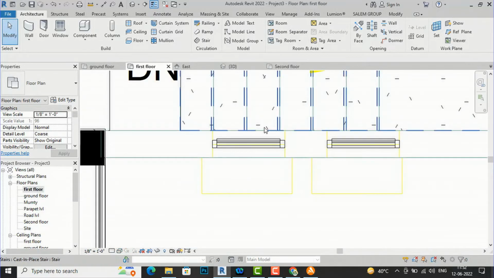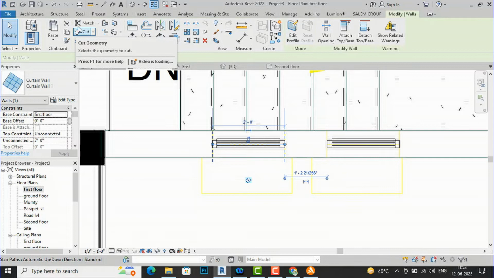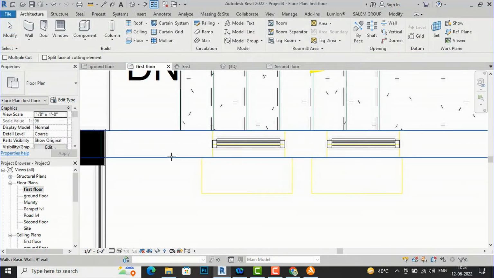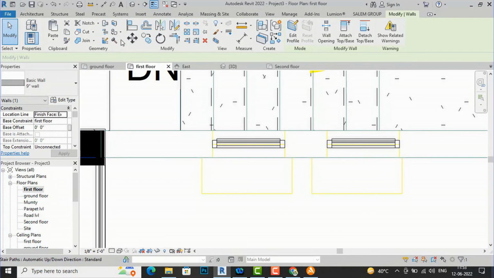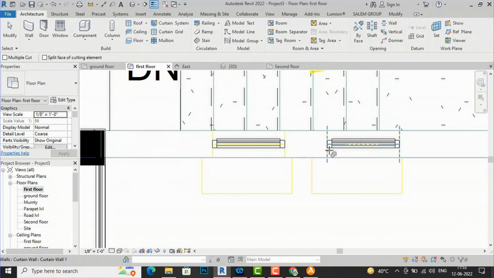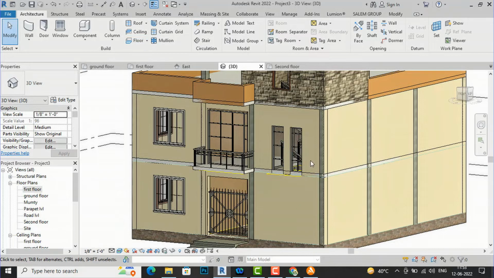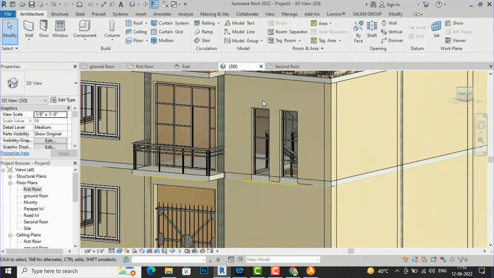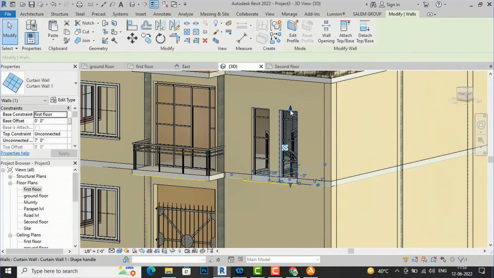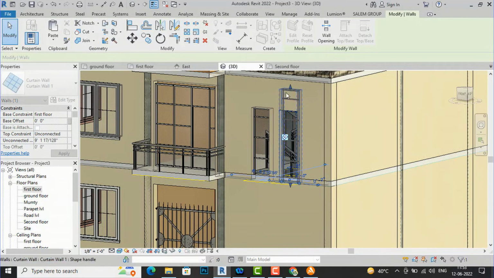There is a curtain wall here, and we'll go to ground first floor here, and I'm going to select this, and I will use this time cut geometry here, and I will select the wall and then curtain wall, and again I will select this wall, and then I will use cut geometry, this wall and this curtain wall. Now we'll go to our 3D view. You can see this is our curtain wall,